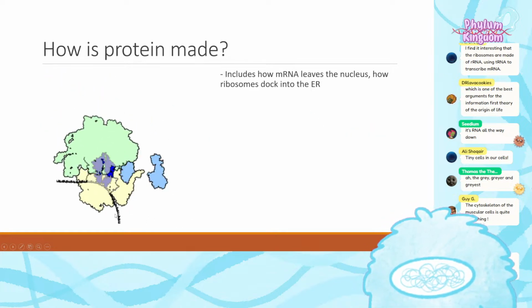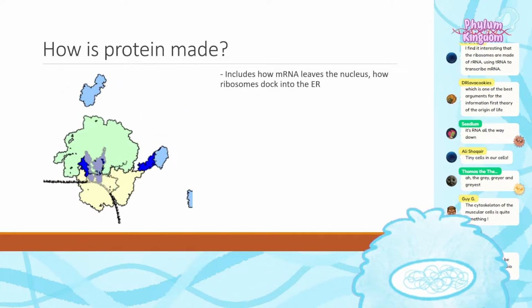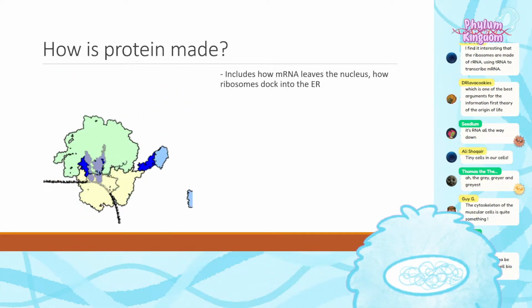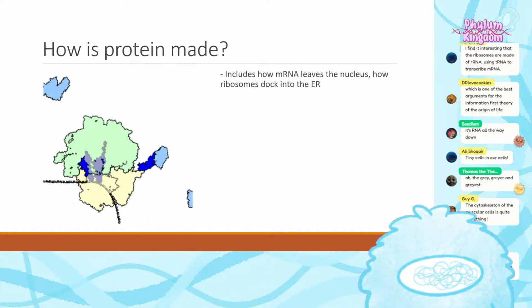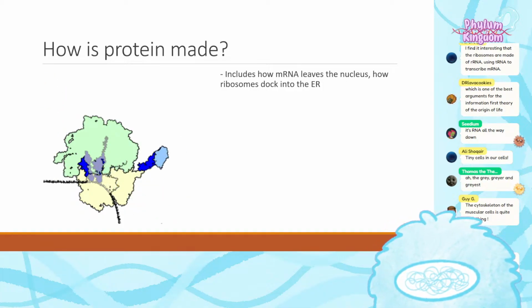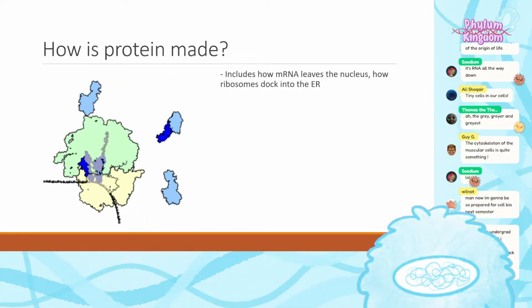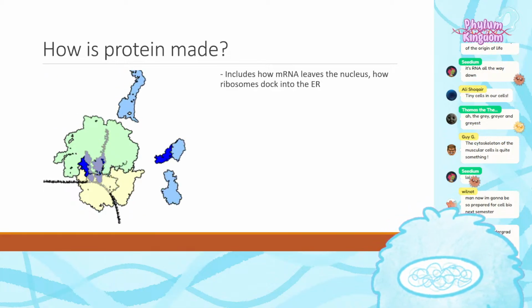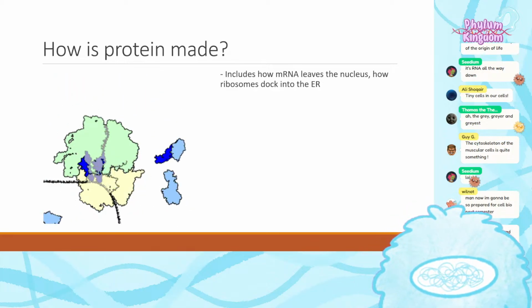There's also, on the end of how is DNA read and made into RNA, the other end of that spectrum, which is how is protein made, which is an entire system by which mRNA leaves a nucleus, docks into the ribosome. The ribosome also has a bunch of processes within it that govern how these tRNAs are depositing their amino acids and so on and so forth. This is an entire week just learning how this happens, which I think is really, really tough.